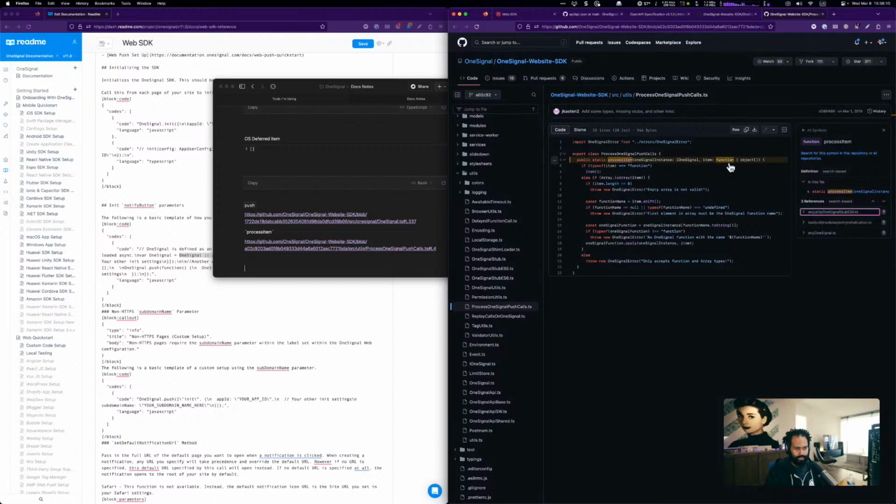Okay, so the item can either be a function or an object, an array of objects, or an array of, wait, what? Hold on, what? An array of objects. Interesting, okay. So let's see, if type of item is a function, then we just want to call it. I'm curious why we want to just call it and not pass it anything. Comment would be helpful here. Else if the item is in that array,